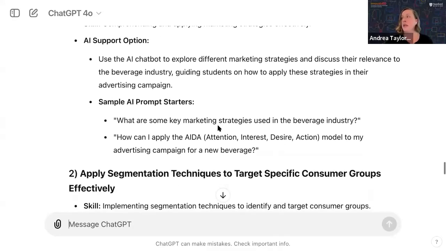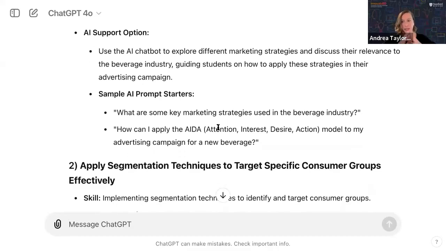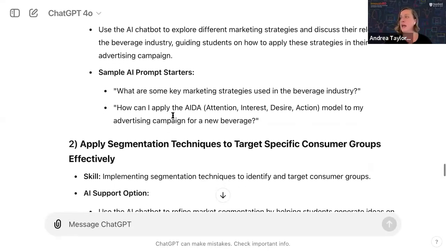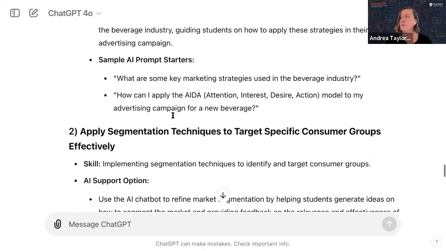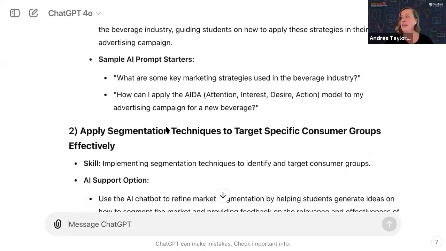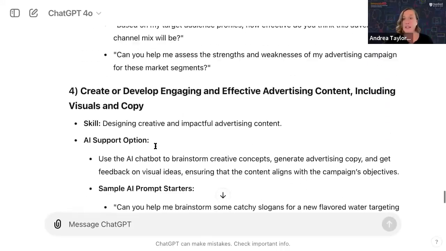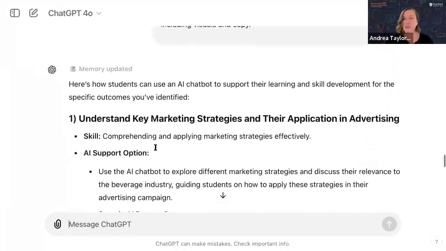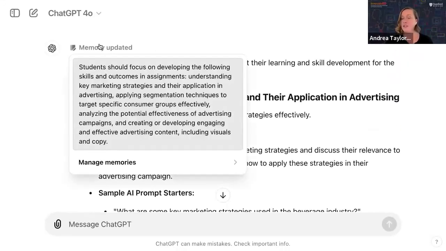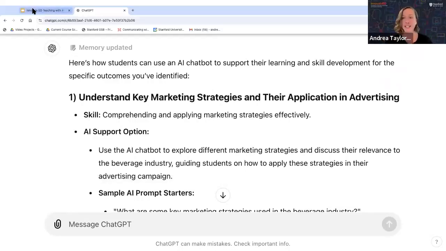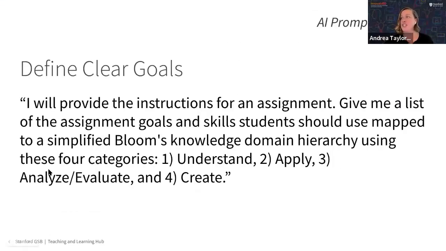AI can support. And so as the faculty member, I'm using, again, my expertise on this, and I know what my course is about, and I want students to be able to engage in certain ways. I'm going to go through this and look for some of these options of the sample AI prompt starters. And once I have done that, I'm ready to start sharing that with my students. So again, back to the Julia Child cooking show. I'm going to pull out of the oven in just a second what I've come up with that I would share with my students. So let me pop back to our presentation.